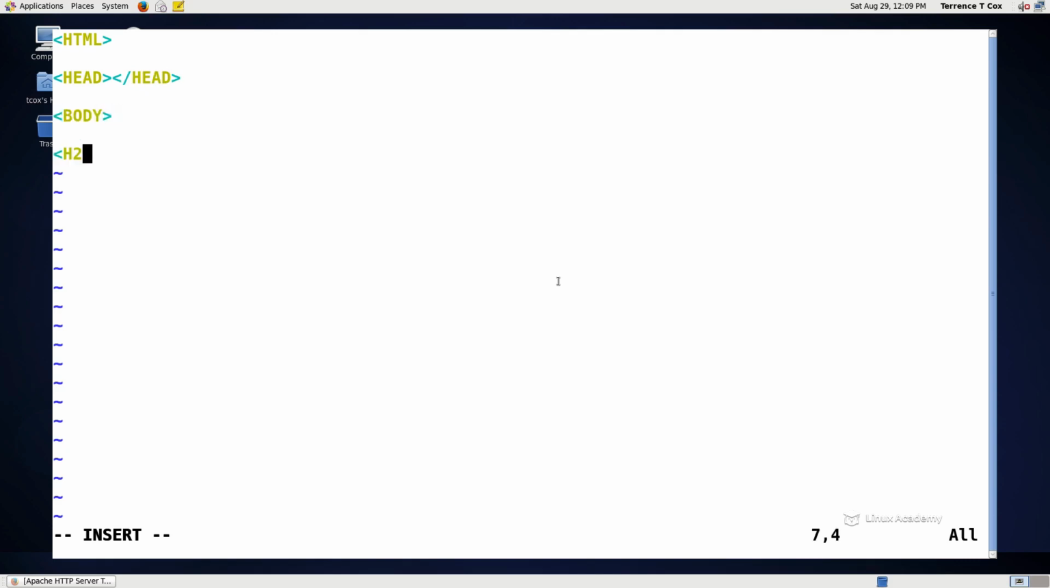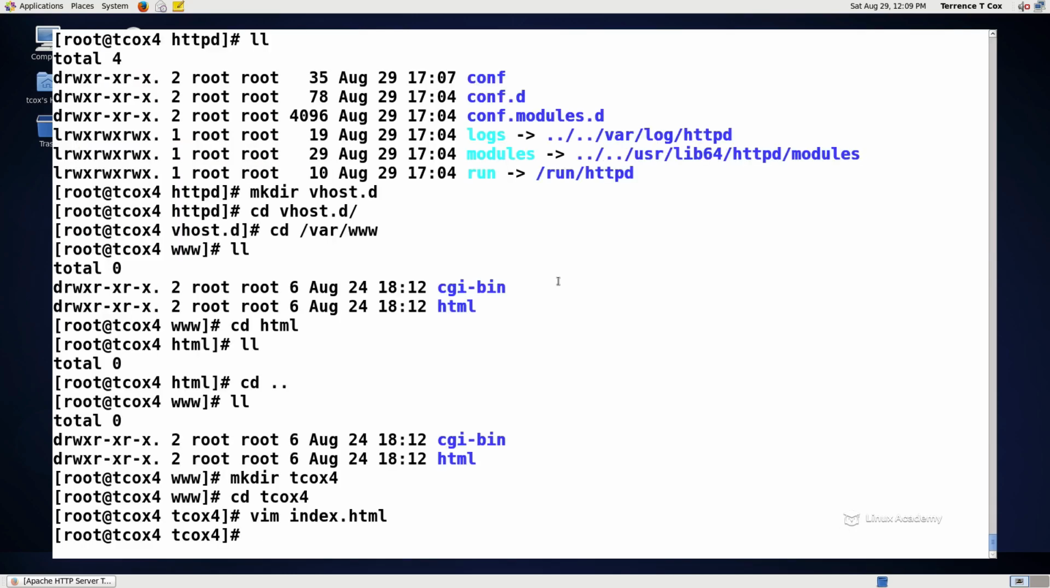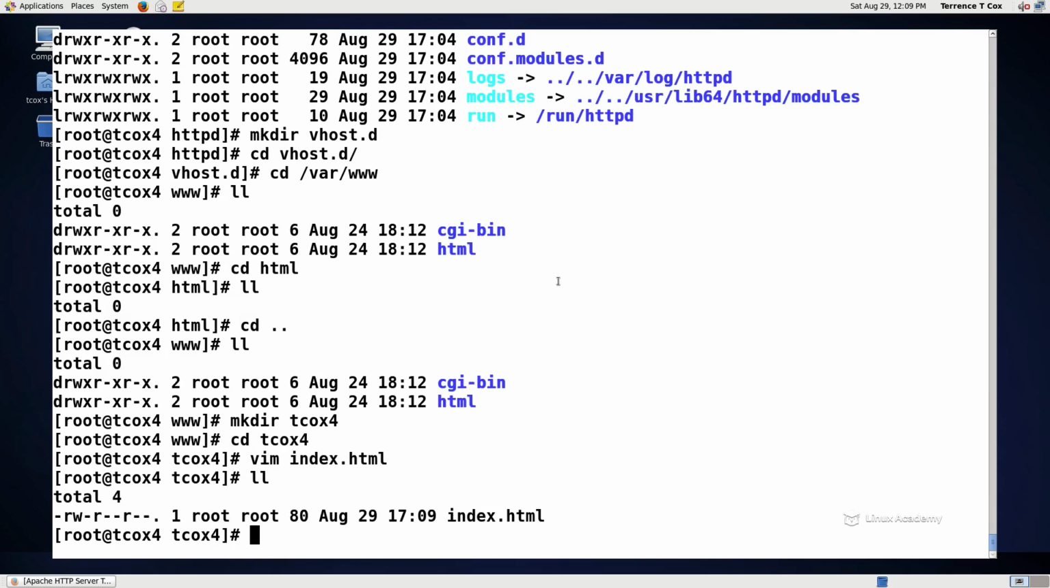So we'll do an h2 and then tcox4.mylabserver.com h2, and then we'll close all the tags. Now we've got a default configuration file that should bring up the index.html. We'll go back to our etc